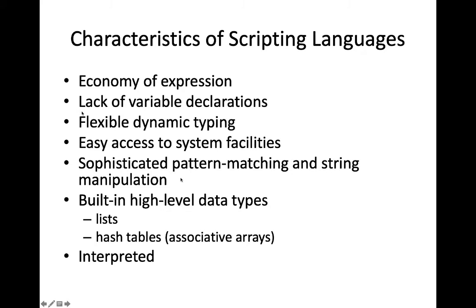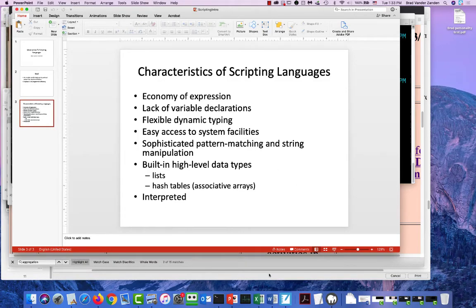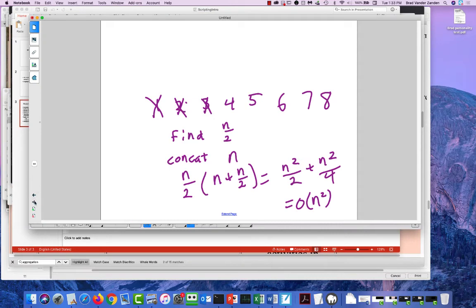So the ability to search files for information is very important with a lot of scripting languages. For those of you taking data science, the ability to efficiently search a big text document for, say, things that match a date, very important. That's difficult to do in a compiled language, and we make use of something called regular expressions in order to do our searching. So for example, in a scripting language, you can write a pattern that maybe looks like